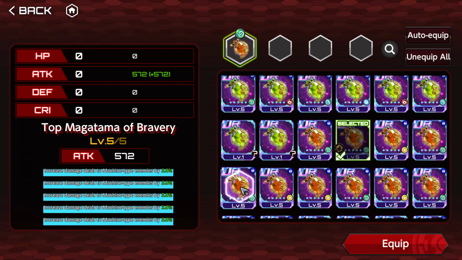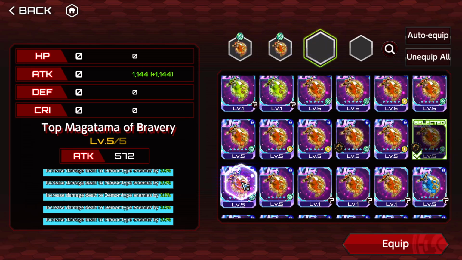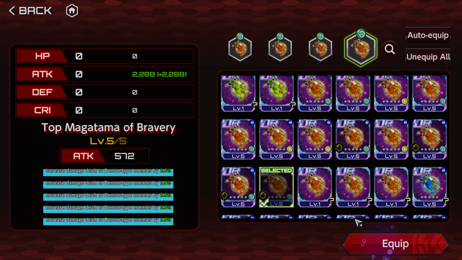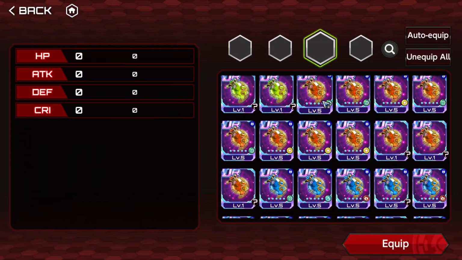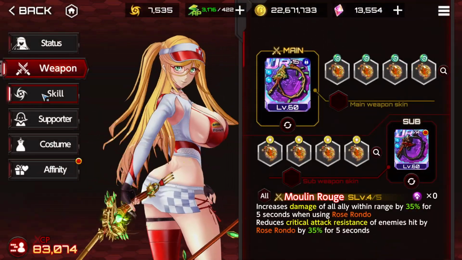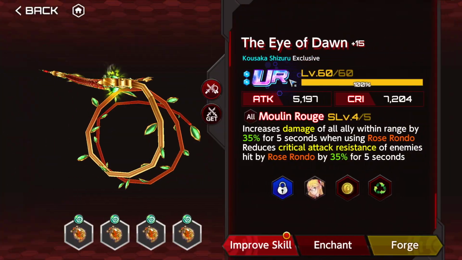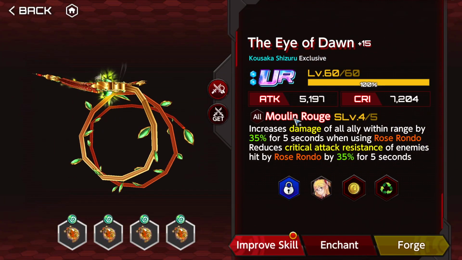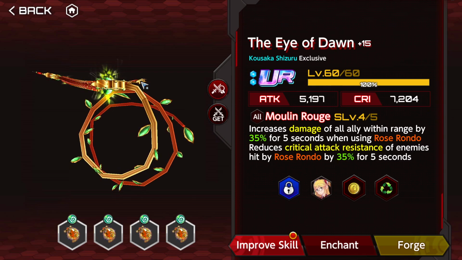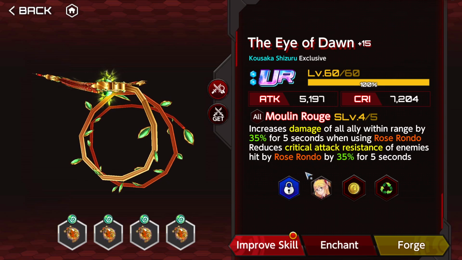So I just need to find the 1, 2, 3, and 4 anti-demon, and 4 whatever. 1, 2, 3, 4. Perfect. So Shizuru can offer a ton of things for the team. With this weapon, she's going to buff the party, well, whichever characters are in the AoE of Rose Rondo, and